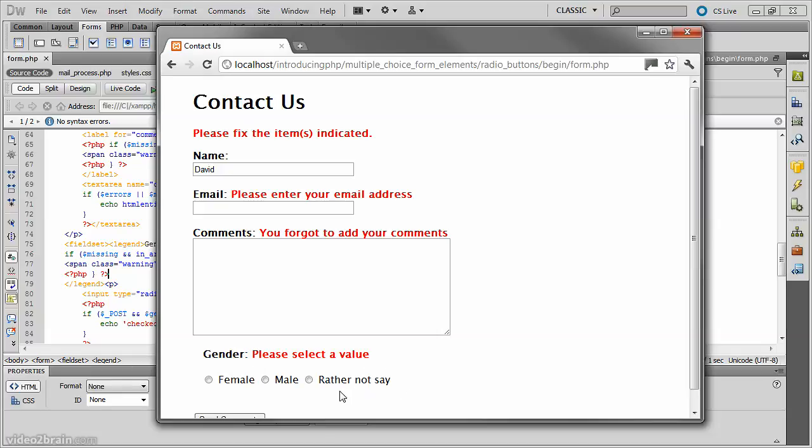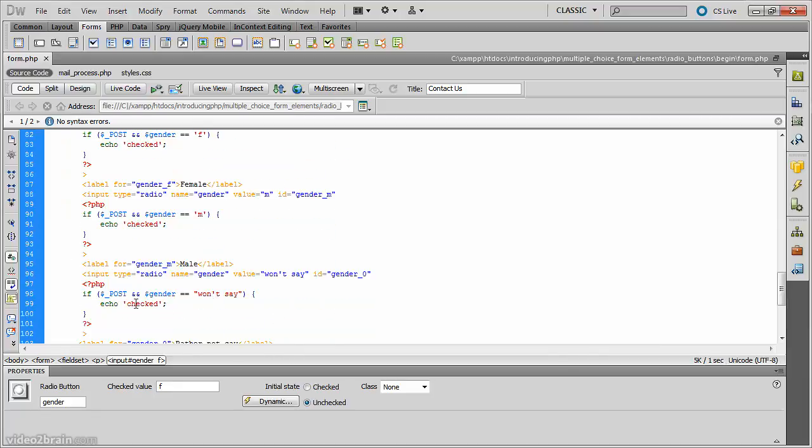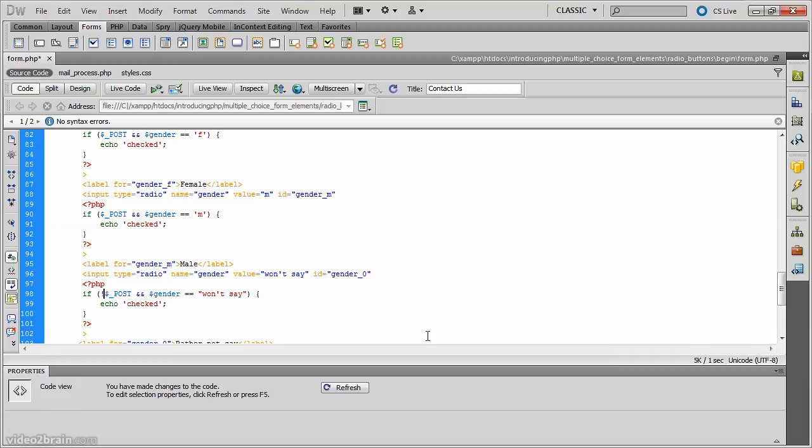But what if you want to set a default value? Well, I'm going to choose rather not say as the default value, and it just involves a slight change to the conditional statement. So here is won't say, and instead of if $_POST, I'm going to make it if not $_POST, or if gender equals won't say. Just save that